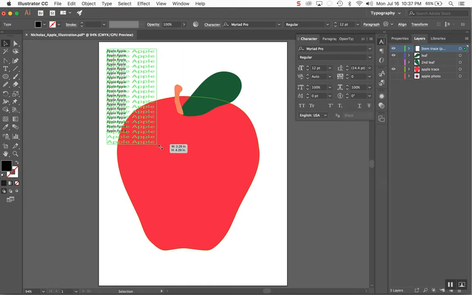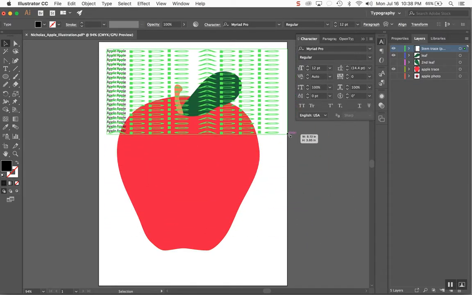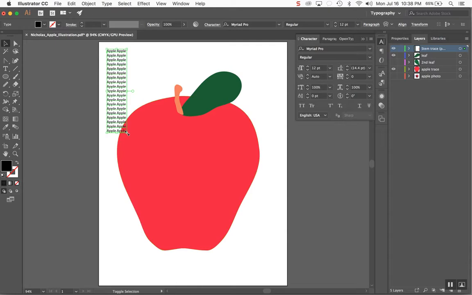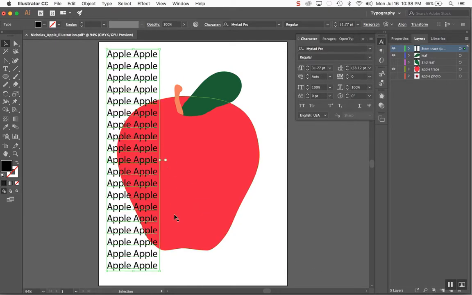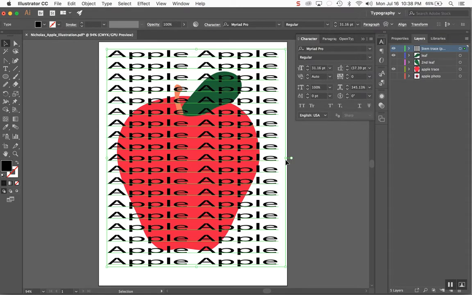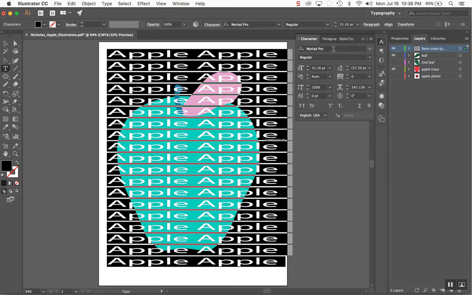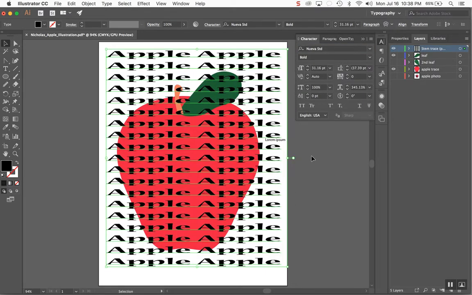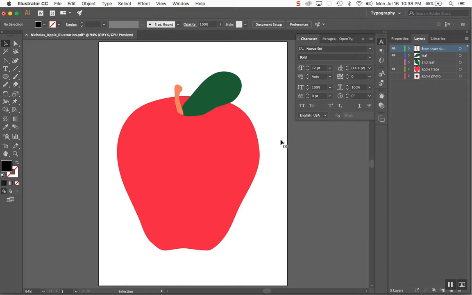editable function. For example, if I click and drag that text box now, you see that I'm stretching the text. So it is still editable text, but you can squish it or stretch it. If you hold down the shift key as you click and drag, it keeps proportional. Otherwise, you are liable to stretch or squish the text. It also is still selectable, so you can still change your font in there. It's just that it allows you to stretch or squish your text. So if I click on those text boxes and hit delete with the selection tool, you see that I can